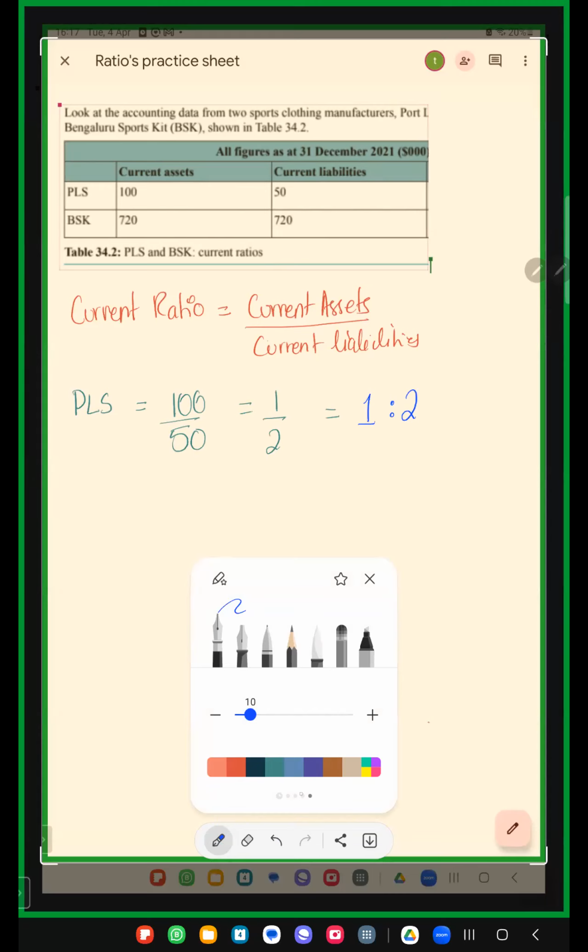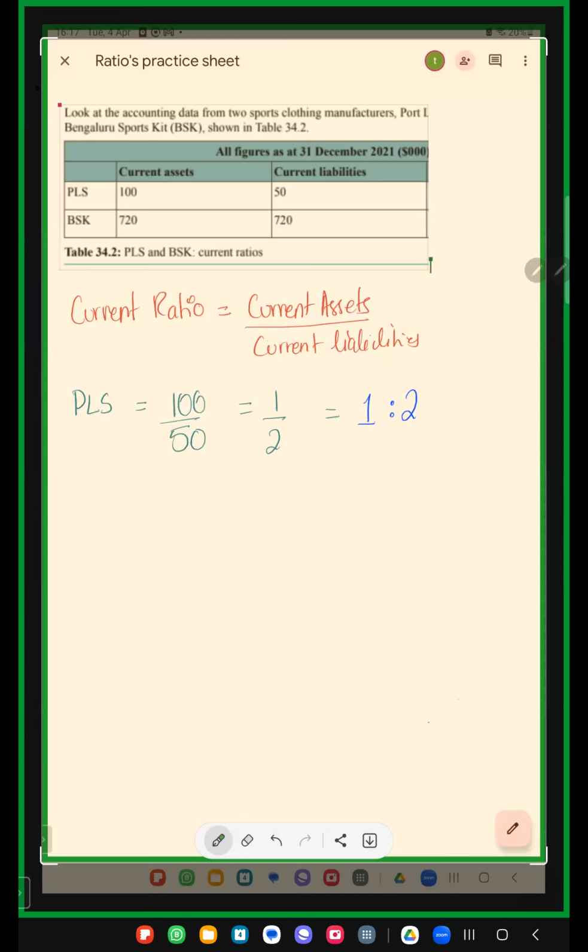This is your paper 2 style question, by the way. For 2 marks, you've done the calculation. There's always going to be 2 parts to this kind of question. There'll be part A, which is 2 marks, and part B, which would be 3 marks. Now they're asking you to comment on their ability to pay off whatever they've borrowed, or their liquidity. So what you're going to say is that PLS